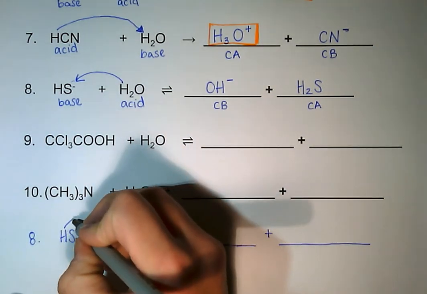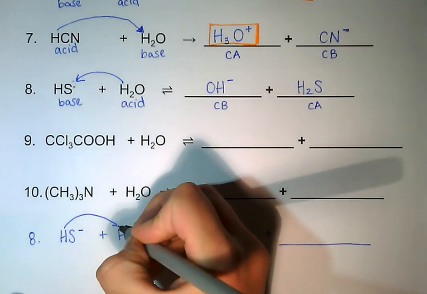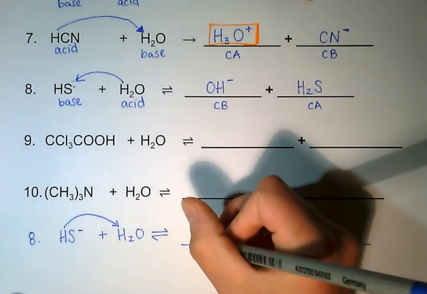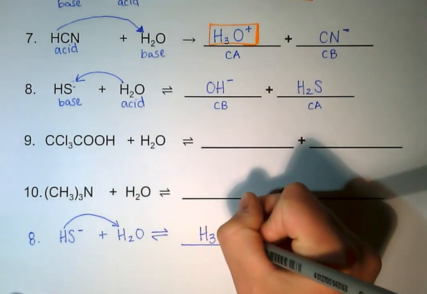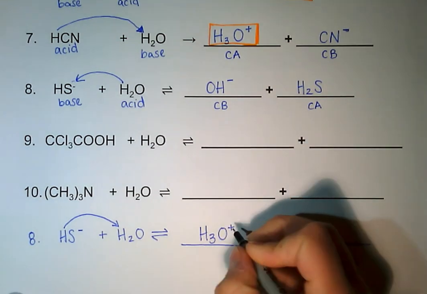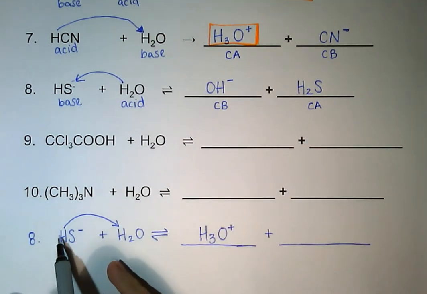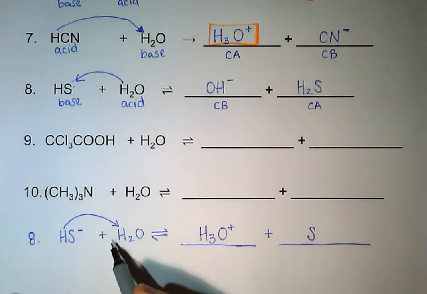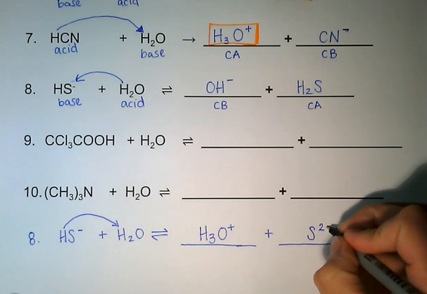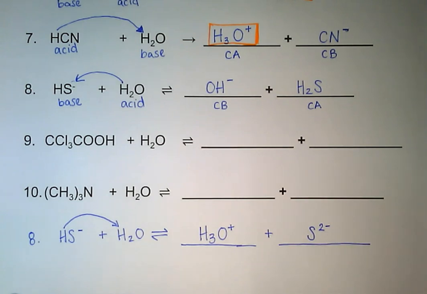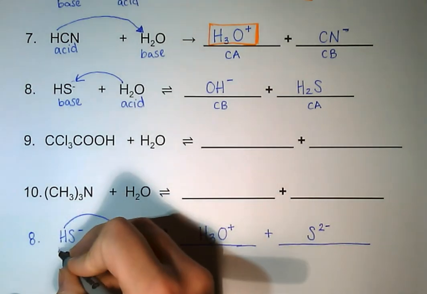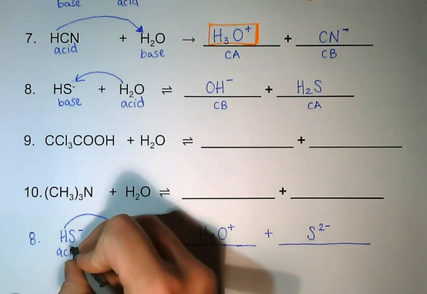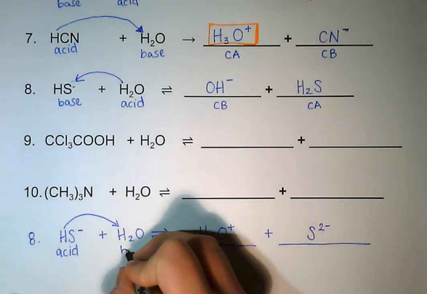So if HS minus behaves as an acid, it donates its hydrogen to the water. So we end up with H3O plus, which of course will have a positive 1 charge. And then all that's left is sulfur, but now since it's lost another hydrogen, it has a 2 minus charge. And so in this case, HS minus is behaving as the acid, and H2O is behaving as the